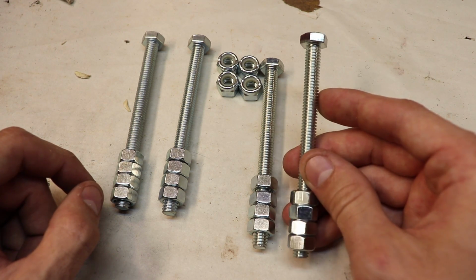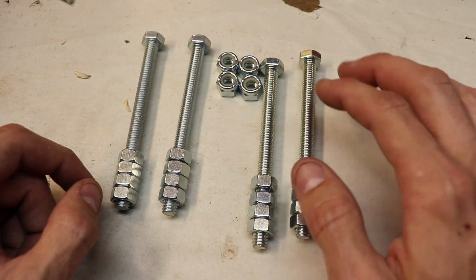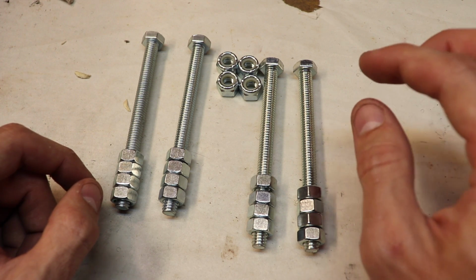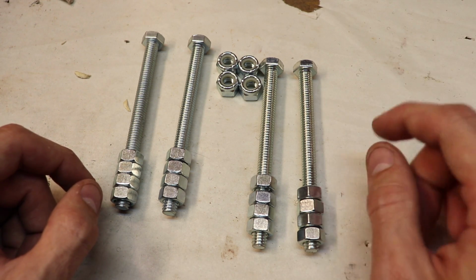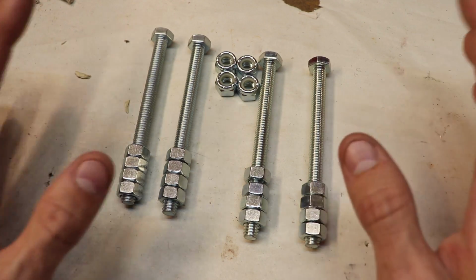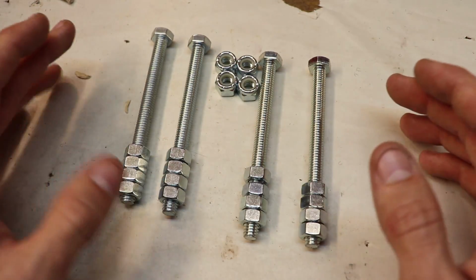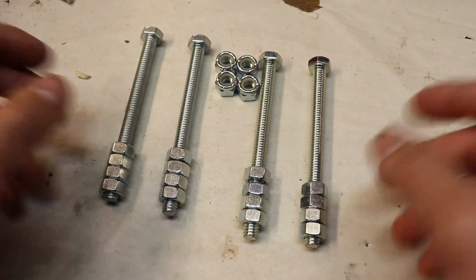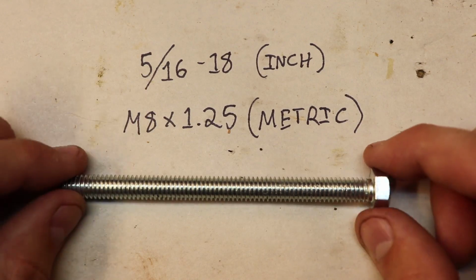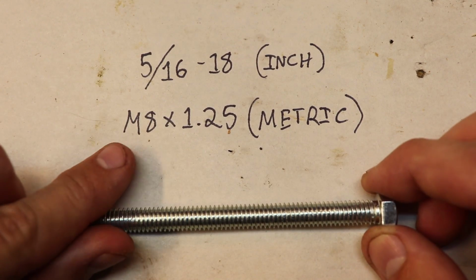The threads on them are imperial, and I did look at the metric equivalent of these bolts, but the metric equivalent is $2.50 or somewhere around there, and I wasn't about to pay over $2 for one bolt. So yeah, I went with imperial threading and it was much cheaper. Each bolt was 75 cents. So yeah, I would have went with metric, but I just don't want to spend over $2 on one bolt. For those that are curious, this is a 5/16 of an inch bolt, and the metric equivalent is an M8